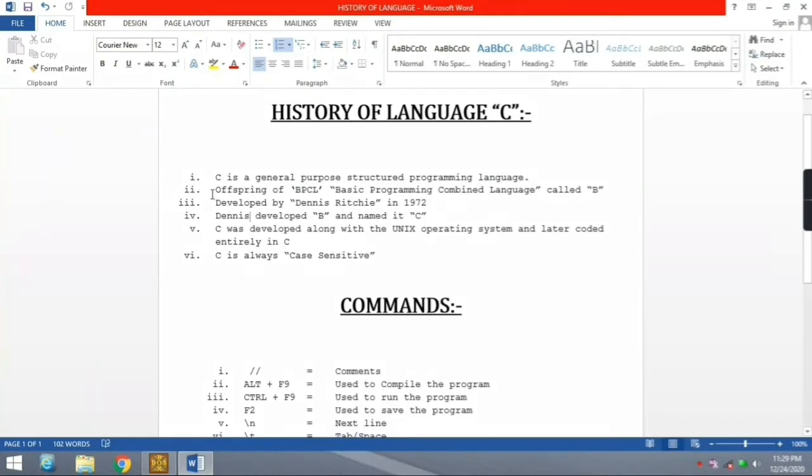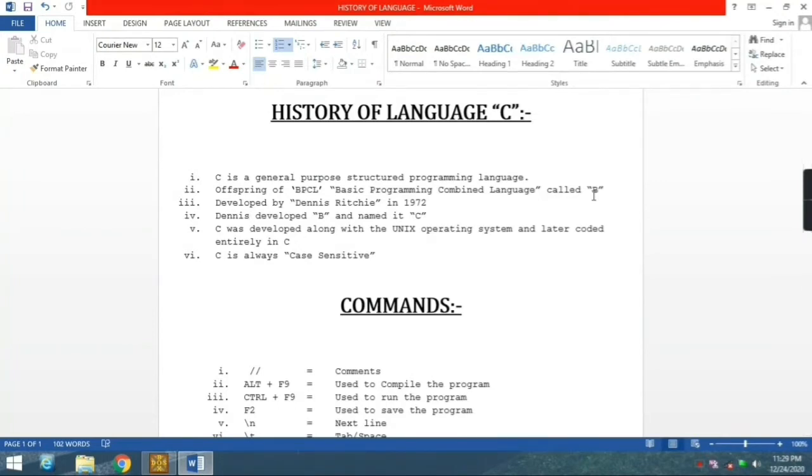Number 2, it's an offspring of BCPL, the Basic Combined Programming Language, which was earlier known as B. It was developed by Dennis Ritchie in 1972.